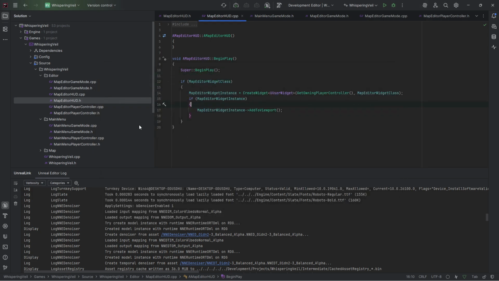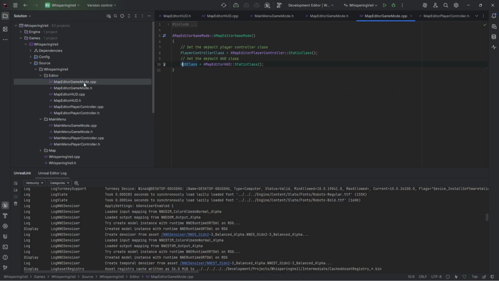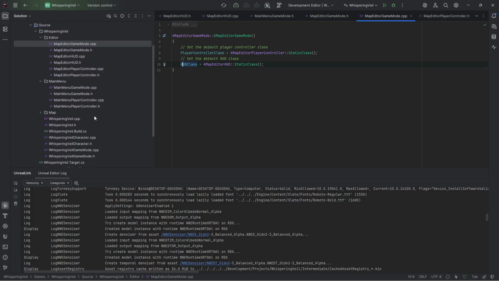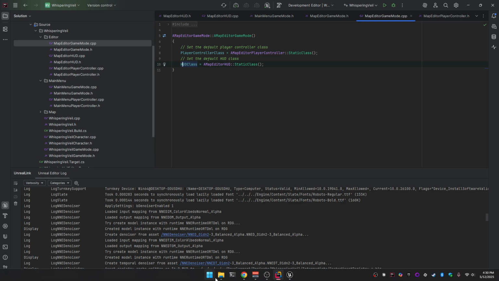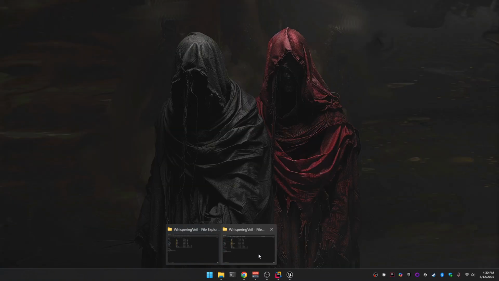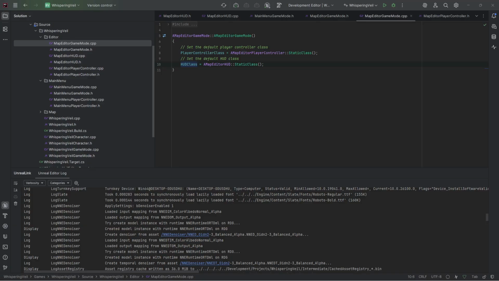It is up to date. And the level files are